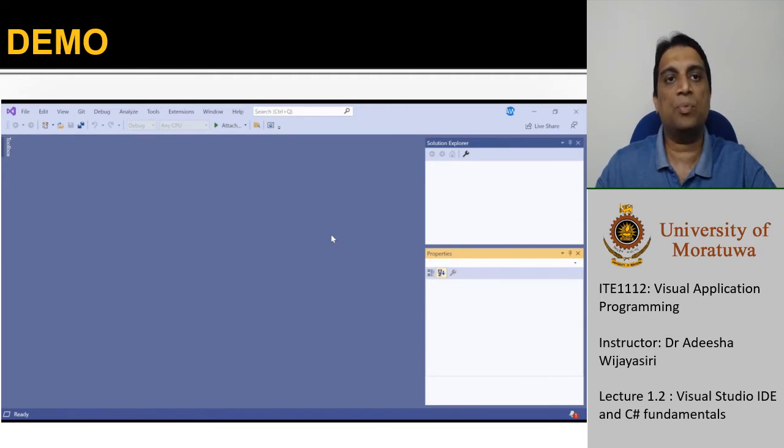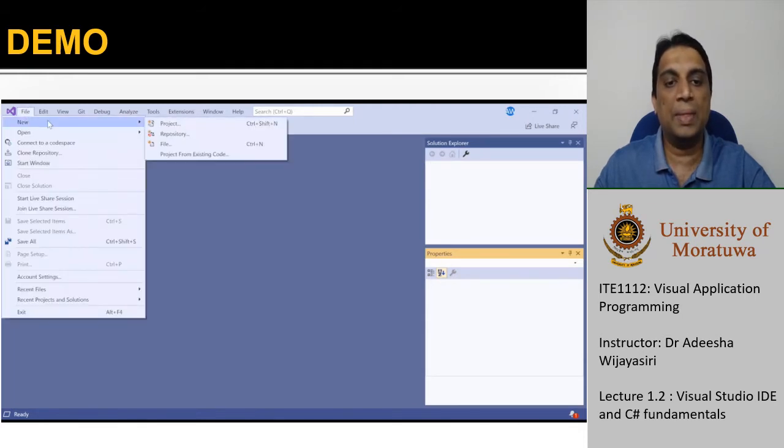To do so, I'm going to follow practical lesson 2, starting first project in Visual Studio, as given in the Moodle course page. This lesson will guide us to create a Windows Form application which has a form consisting of a text box and a button. Our goal is to display a message box with the input text in the text box once we click on the button. Once you start the Visual Studio IDE, you will see this as your main screen. To create your first application, you have to click on File, New, and then click on Project.